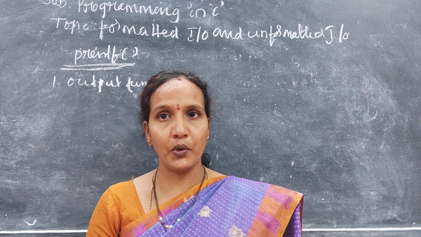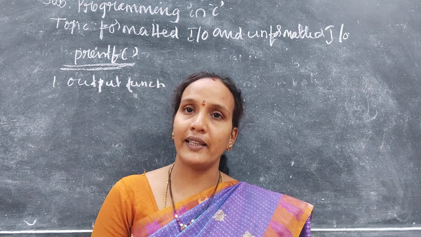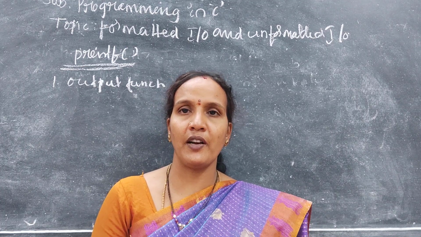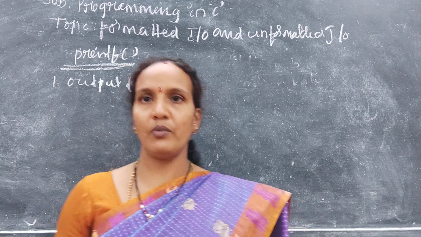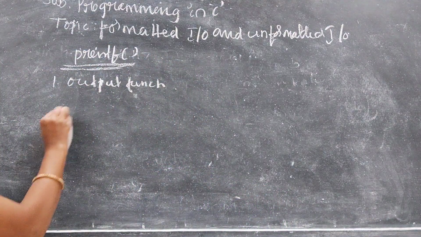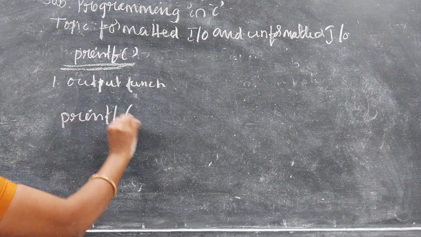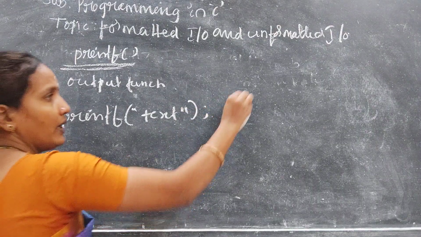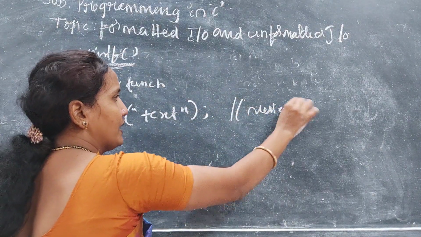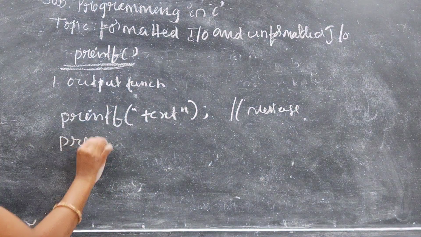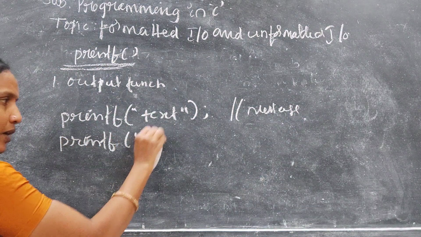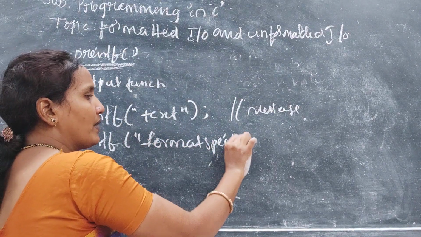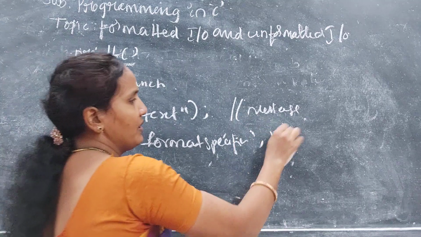Whatever result you are getting from a program, that can be a character, an integer, a float, or anything, this function is used to print it on the output screen. The syntax is printf with a text message if it is only a message to print. If you are printing a value, printf, format specifier, comma, variables list.